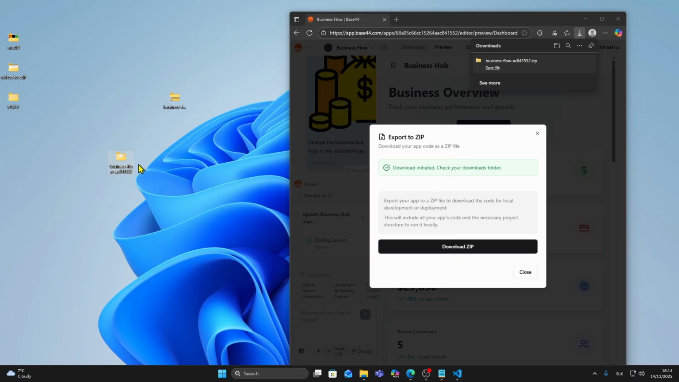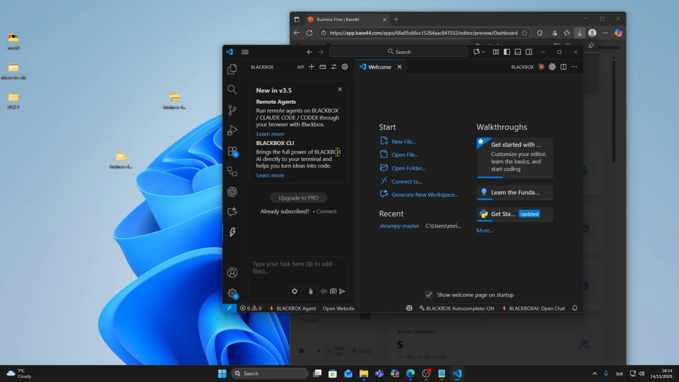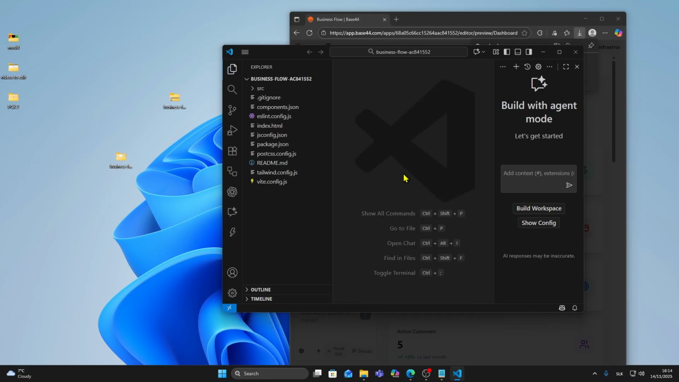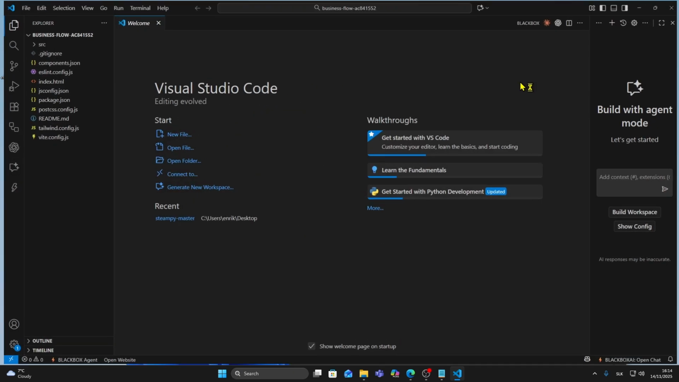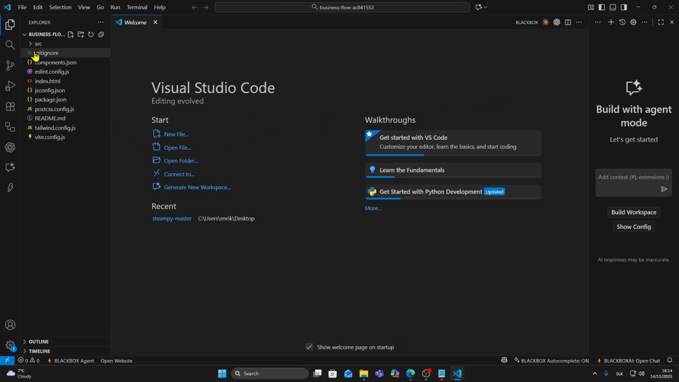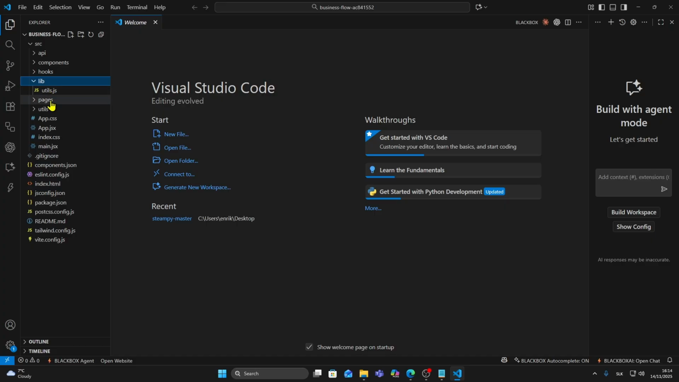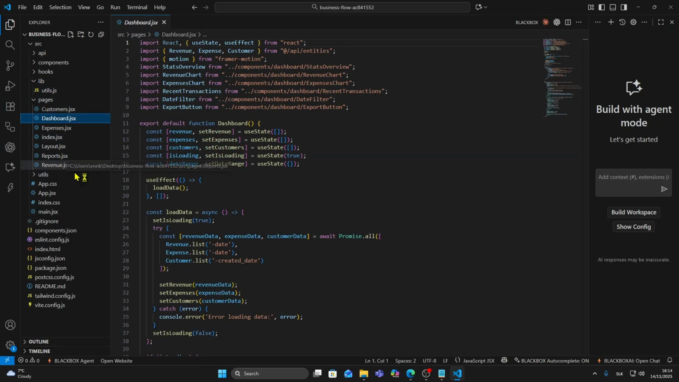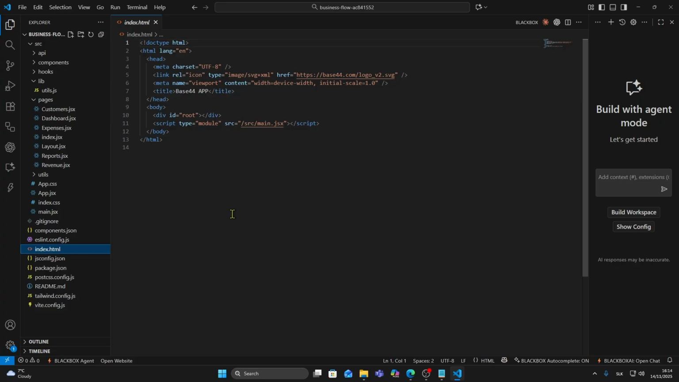Then once we have this file, we can open Visual Studio Code and you can just simply drag this file here. And as you can see, this is going to open your app in Visual Studio Code, and from here you can edit everything you want. And as you can see, you have all code here. So that's it. That's how you can export your project from